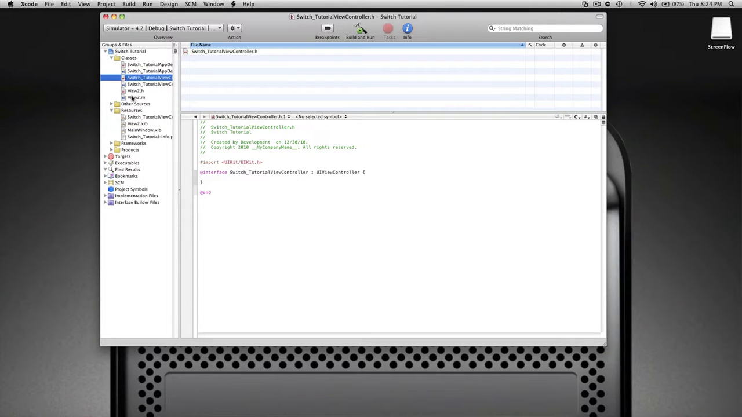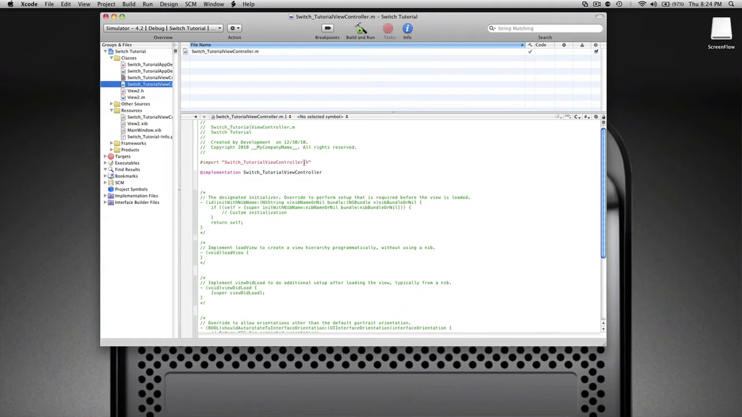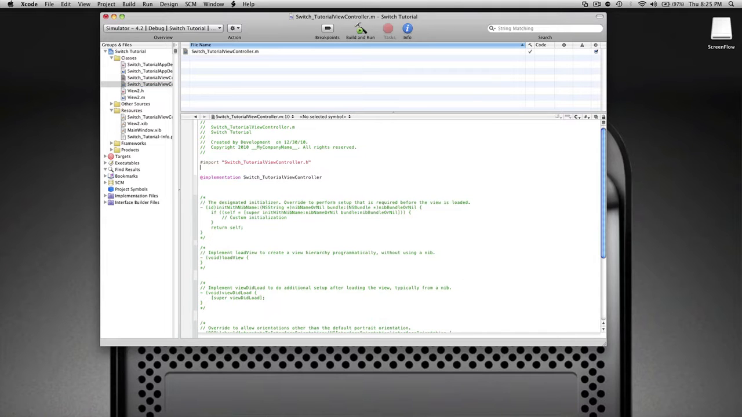We're going to start in our SwitchTutorialViewController.h. After the curly bracket, hit enter 2 times, dash, open parentheses, IBAction, close parentheses, and we're going to name it toNewView. Then go into our SwitchTutorialViewController.m. And we're going to import our View2 class we made